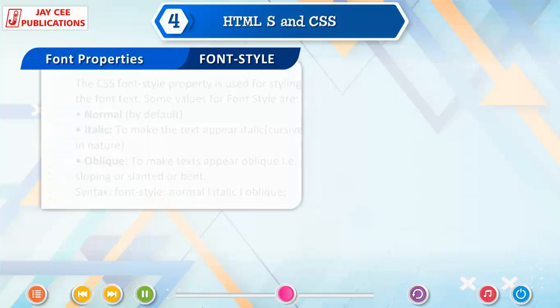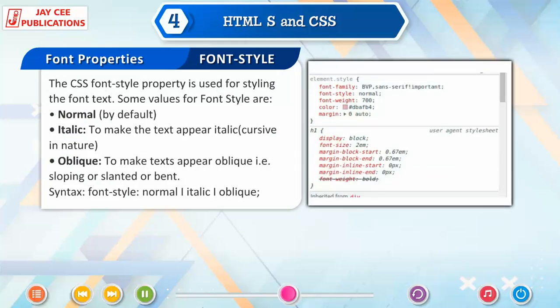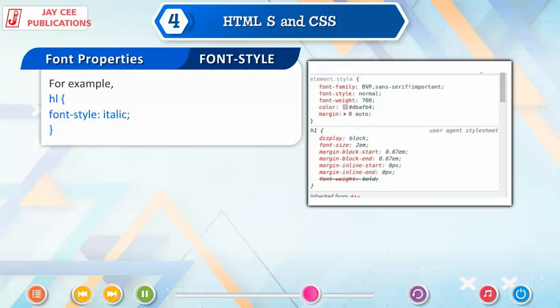Font style. The CSS font style property is used for styling the font text. Some values for font style are normal, by default; italic, to make the text appear italic, cursive in nature; oblique, to make text appear oblique, that is sloping or slanted or bent. Syntax: font-style: normal, italic, oblique; For example, h1 { font-style: italic; }